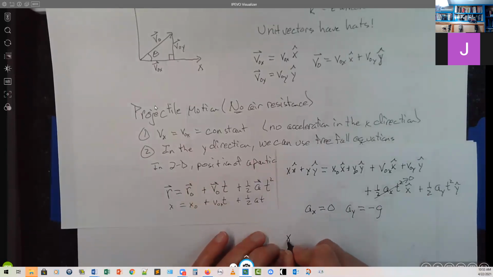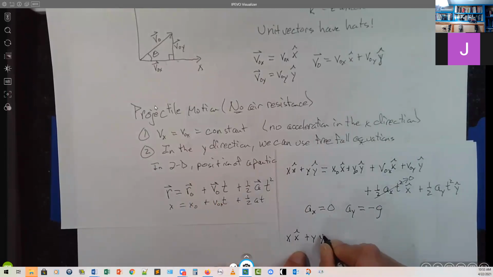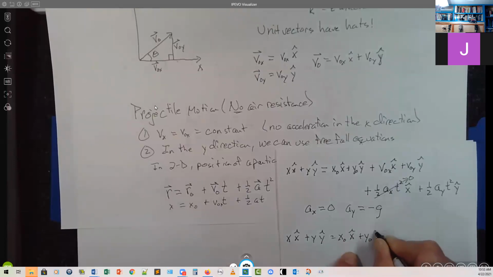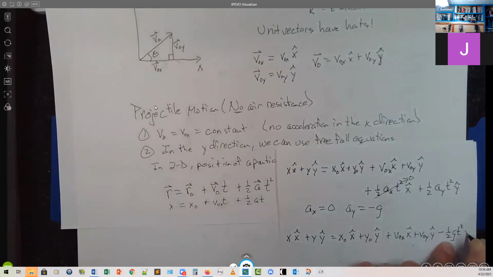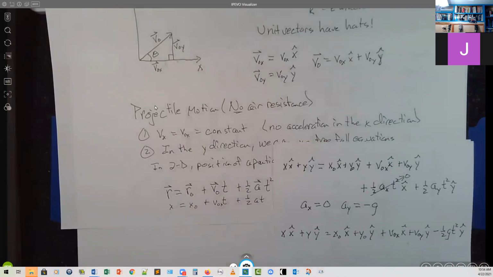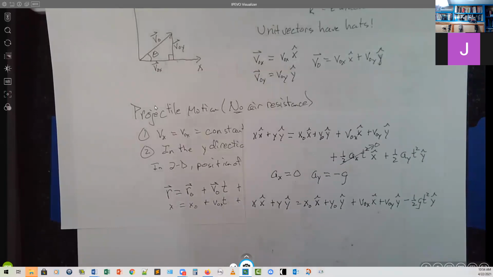So here's what my horrible equation is going to become. It's still not a whole lot better, but it could be worse, and it was originally. That's going to equal x naught along x hat plus y naught along y hat plus v naught x along x hat plus v naught y along y hat minus 1/2 g t squared along y hat. Okay, still a scary equation, but now I'm going to use that property of vectors, that if one vector equals another,